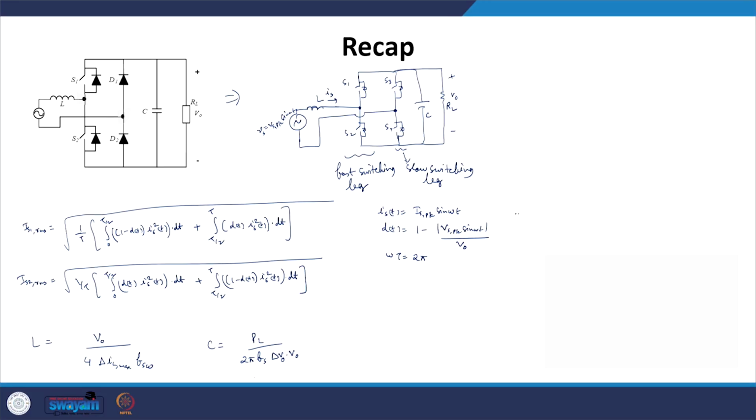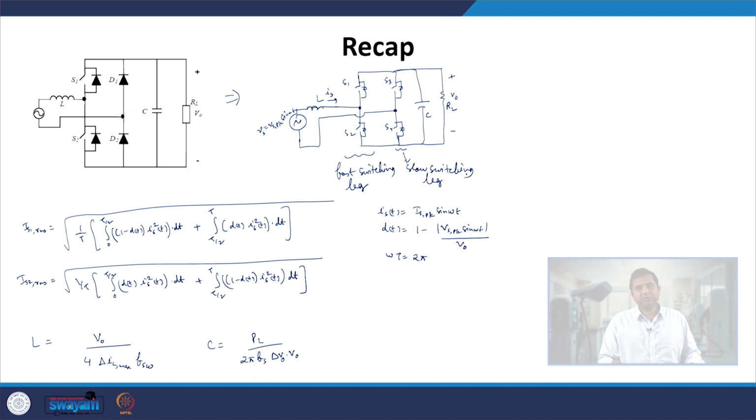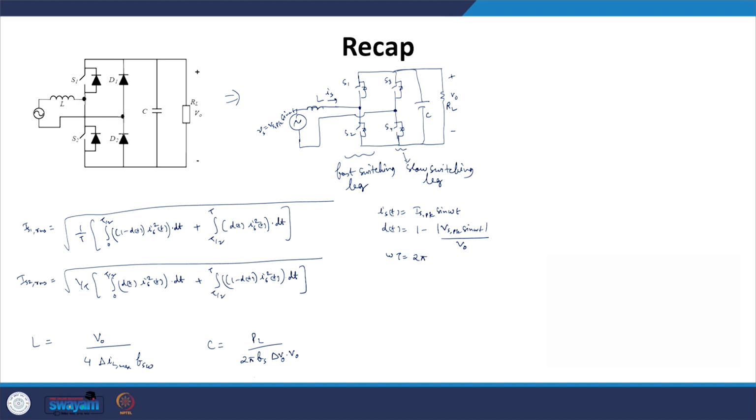We understood that this totem pole PFC is nothing but a derivative of bridgeless PFC, where we do not have any diode bridge rectifier at the first stage. And we have also understood that S1 and S2 are the switches that switch at a very fast switching frequency FSW, which is far greater than the line frequency Fs, while the diodes are on for one half cycle and off for the other half cycle. So the diodes switch at the line frequency, while the switches switch at a high switching frequency.